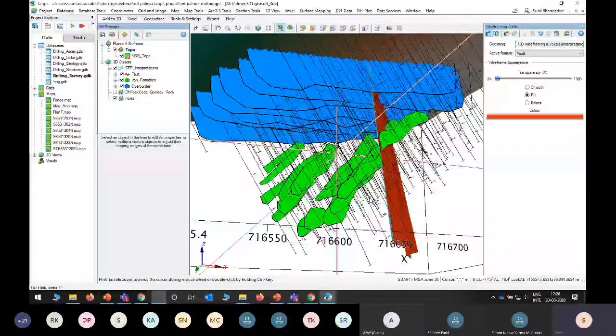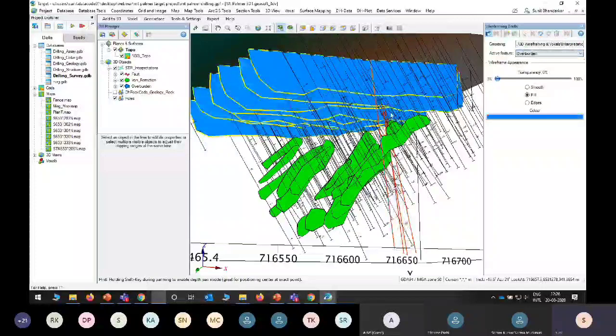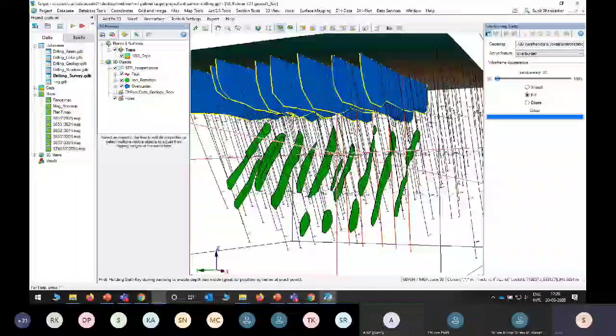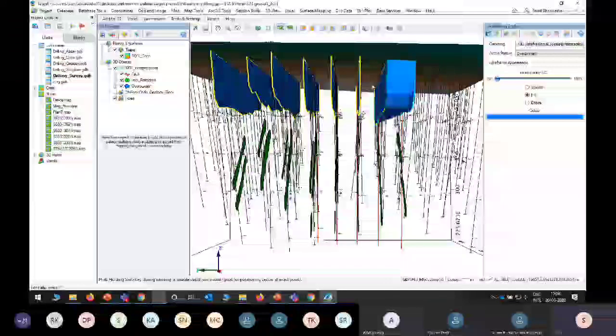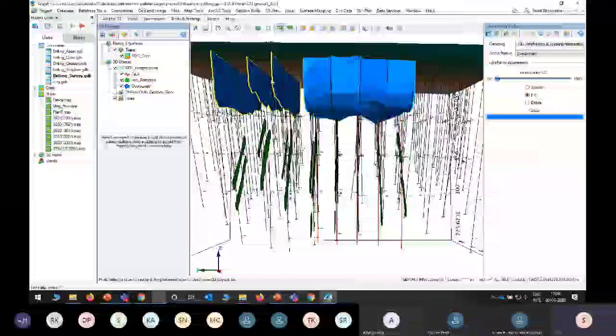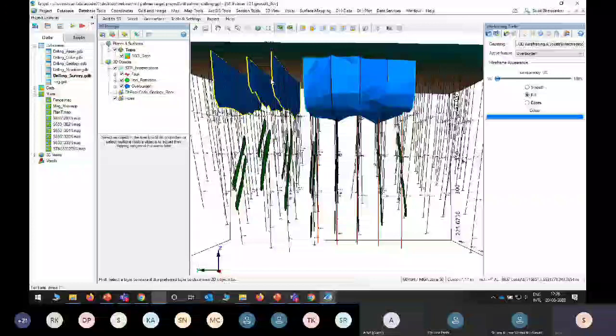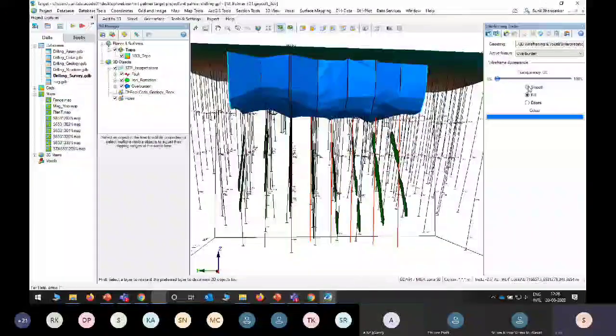Now we will do the same for overburden, like this. So this is how we can create a 3D model. It should be very smooth. Now I do the same thing for iron ore formation.